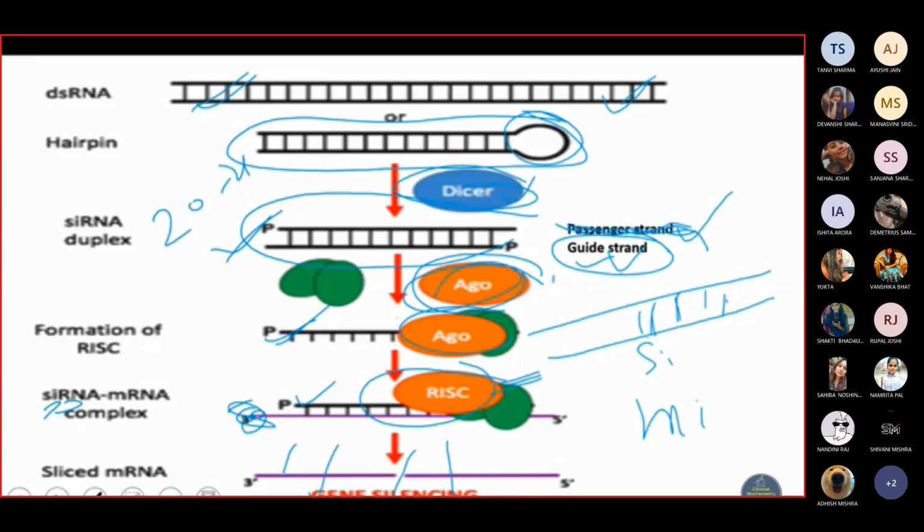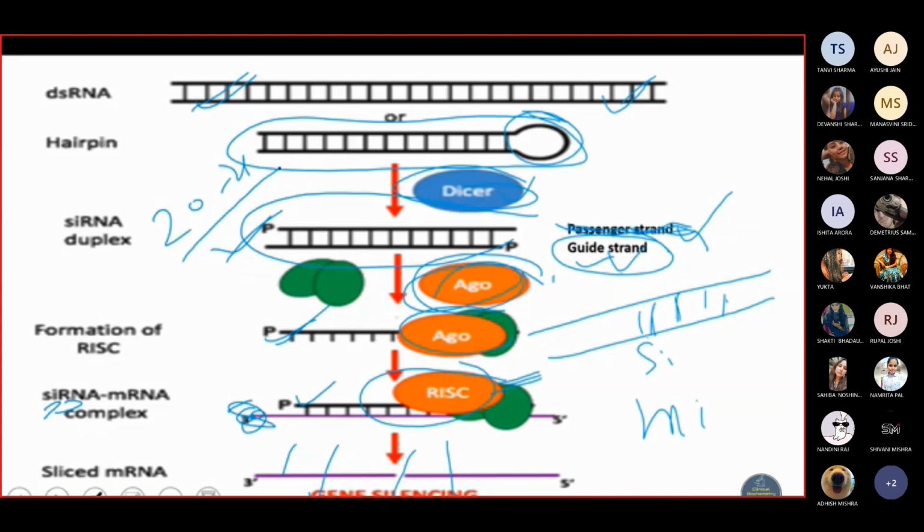So what happens? We are having a double-stranded RNA. This double-stranded RNA will be recognized by a specific enzyme that is called as dicer enzymes. This dicer enzymes digest it into a small fragment that is roughly 20 to 21 nucleotide long. In that fragments, one of the strands is called as passenger strands, other strand is called as guide strands. Passenger strands will be digested by an enzyme complex that is called as Argonaute 2. Then guide strands will be left out.